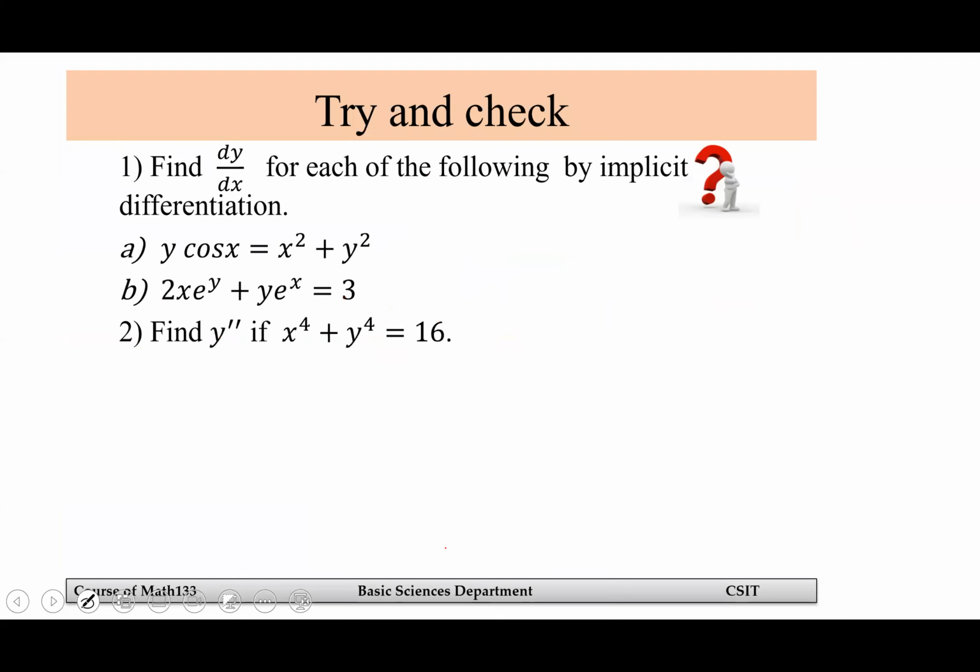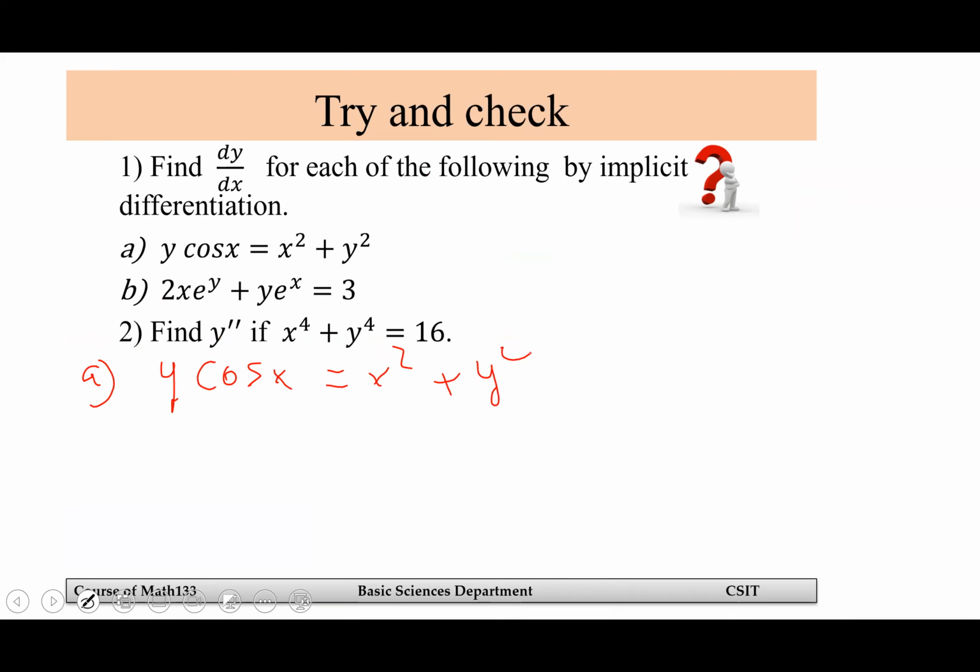Okay, look at these try and check examples. So I will start with the first one with implicit differentiation. So y cosine x, that's the equation. Write the equation first, equal to x squared plus y squared. When I take the derivative with respect to x, and knowing that y is a function of x,